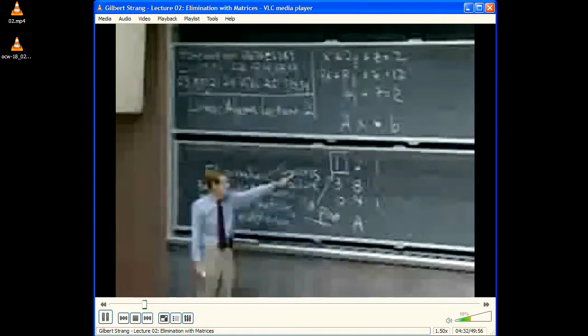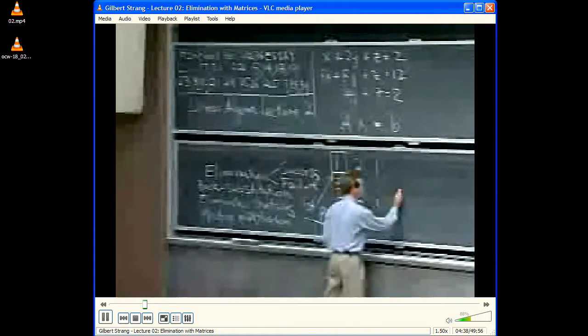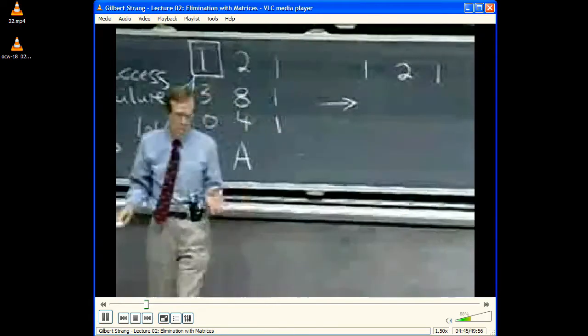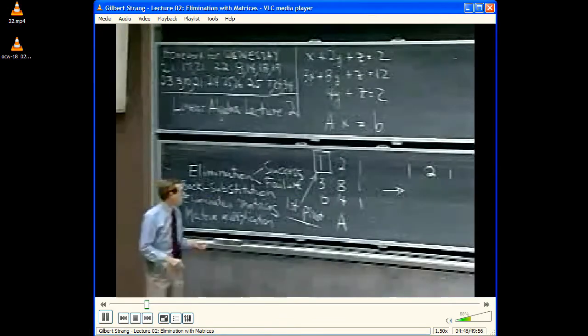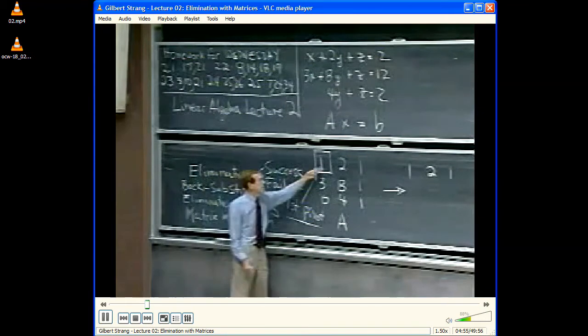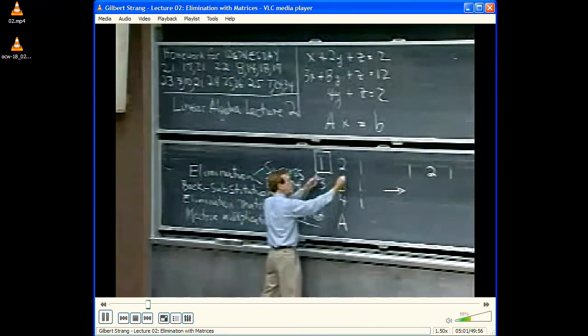Okay, so that's sort of like the key number in that equation. And now what's the multiplier? So my first row won't change, but that's the pivot row. But I'm going to use it, and now finally let me ask you what the multiplier is. Yes? 3. 3 times that first equation will knock out that 3. Okay, so what will it leave? So the multiplier is 3. 3 times that will